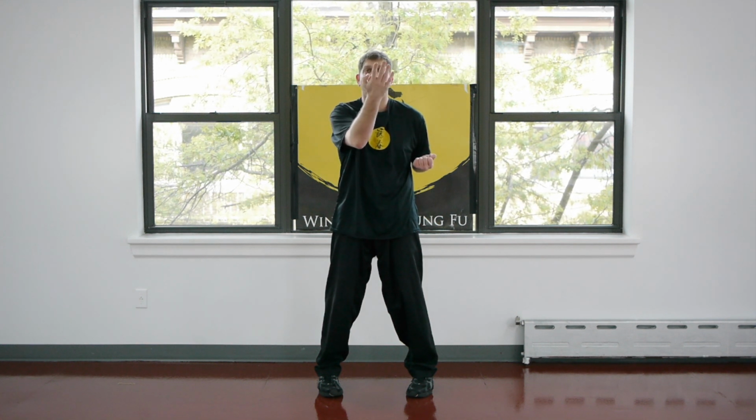Third set, tan sao set. So we're gonna come tan sao, your left hand comes out, hien sao, back. Fingertips together, you drop down, fuk sao out. 1. 2. 3. Pak sao, back, pak sao at your center. Hien sao and return. Now with the other hand, your right hand comes out into tan sao, hien sao, and